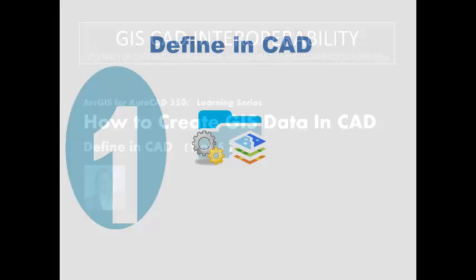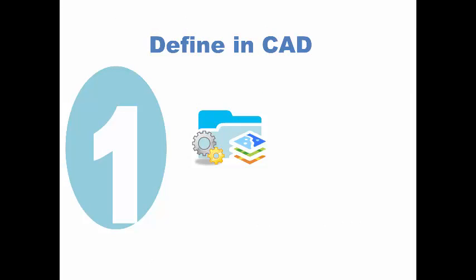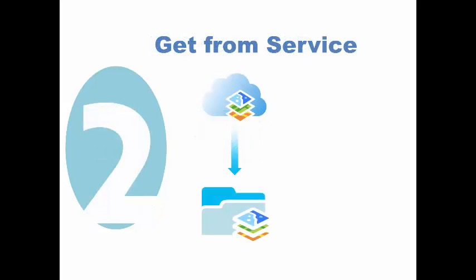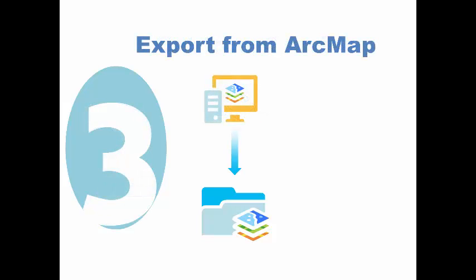drawings. First, I can use the feature class creation tools in ArcGIS for AutoCAD to organize the existing entities in my AutoCAD drawings and define the schema based on my existing CAD standards. Secondly, I connect to ArcGIS for AutoCAD feature services, where the schema is automatically generated for me by the ArcGIS feature service. In the third method, I export GIS data to an AutoCAD file from ArcGIS for desktop using geoprocessing